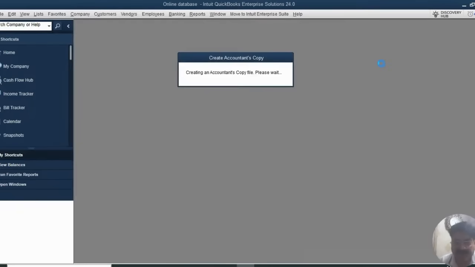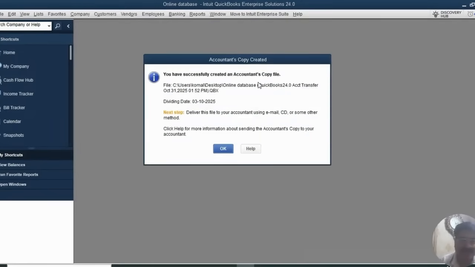So it's saving the file now. It says creating an accountant's copy file. So once the file has been ready, you can send the file to your accountant through email, through flash drive, pen drive, any external drive, or you can send the file through Google server. You can share this file to the Google Drive, and he can pick the file, he can download the file